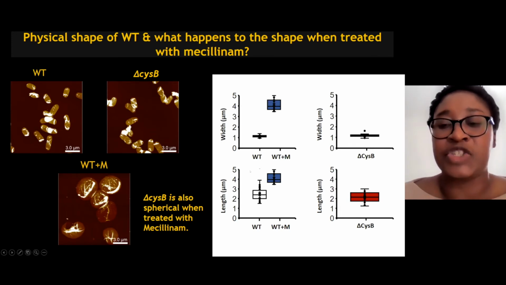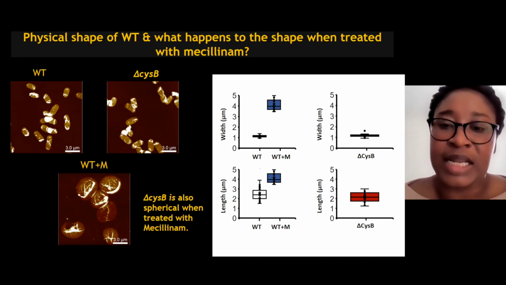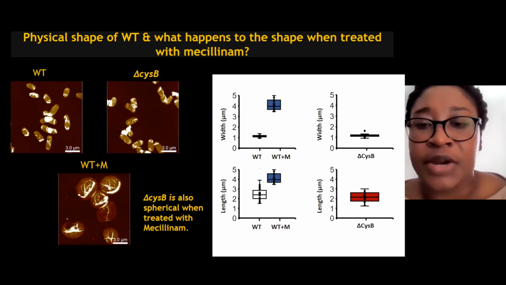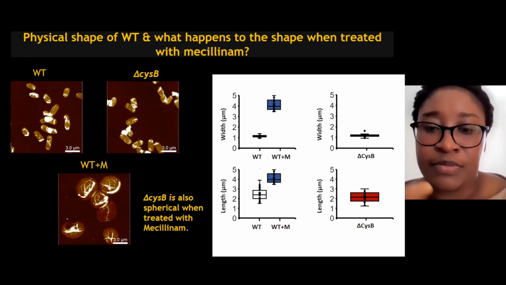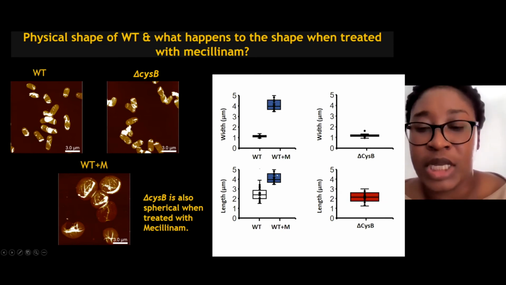In this case, we are assuming that we have a full sphere and we're using the diameter. And you can clearly see that in that case, with respect to either width or the length, if it's with respect to width, we actually have like a 4-fold increase in terms of the width of the sphere. And if it's with length, we have about a 2-fold increase.